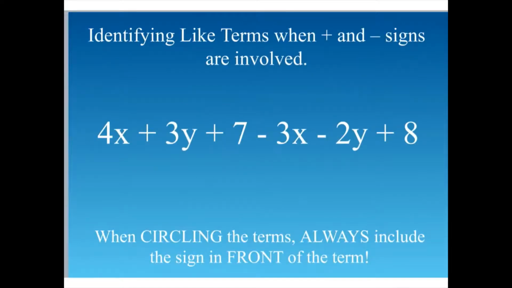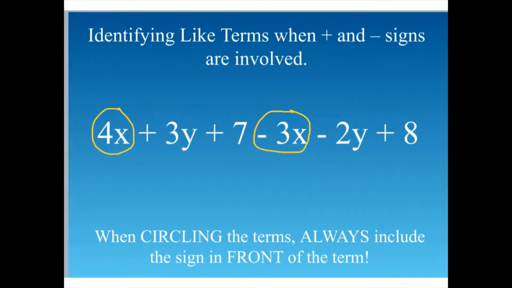When you're identifying terms, those plus or minus signs become their positive or negative signs. And so when you circle them, you want to circle the sign that's in front of the term. Not behind the term, but in front of the term. So we'll start with the 4x. Does the 4x have any plus or minus in front of it? Well, no, not usually if it's in the front of an expression. So it's just regular positive 4x. Do you see its like term? Sure, over here. And here I am going to circle the negative because it's not just a 3x,